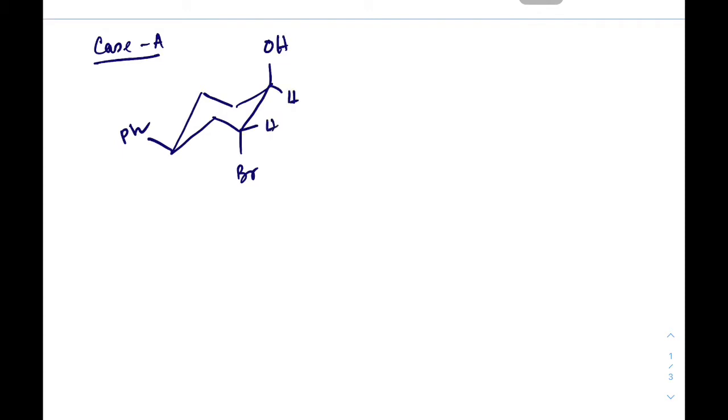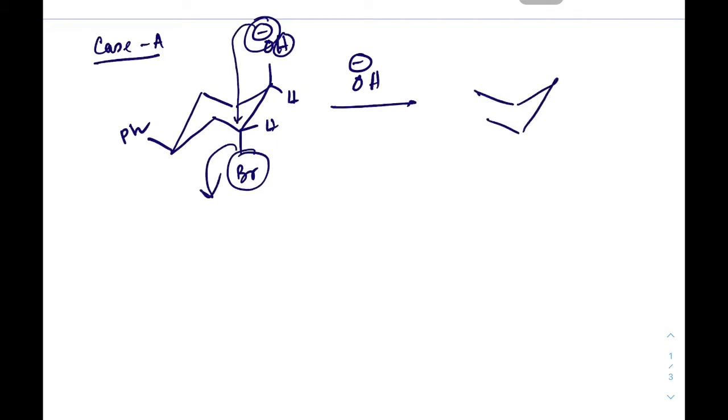In this case, in the presence of base, it takes the proton of this alcoholic proton and generates a negative charge there, and you can see the leaving group is directly anti-position to this neighboring group, right? So it is a proper orientation, or you can say proper conformation, to undergo this type of NGP and form an epoxide.